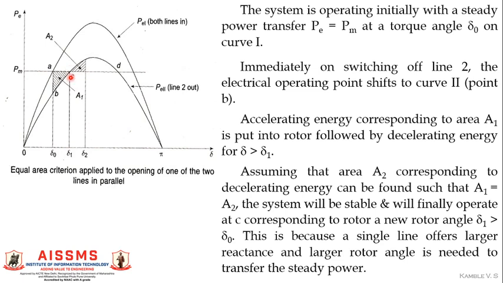So according to stability, at this point Pm should be equal to Pe, and this should be the stable operating state. But due to inertia, the rotor doesn't stop at this point C, it will move in the forward direction, because from B to C it is accelerating, and during accelerating it is gaining some kinetic energy,